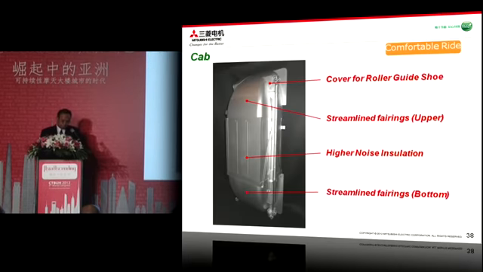Noise in the car generally increases as the rated speed of the elevator increases. So in order to reduce the noise in the car, firstly, an optimum streamline fairing is applied, which is evaluated by aerodynamic analysis, and the roller guide shoe cover is applied as well. Second, we apply a construction of high noise insulation by filling up the gap and